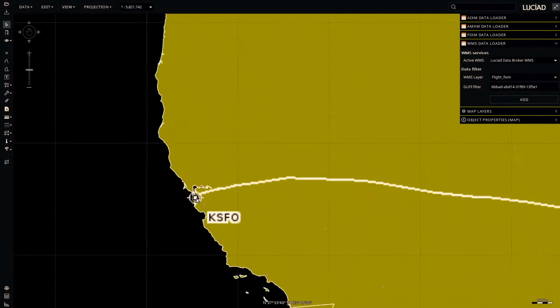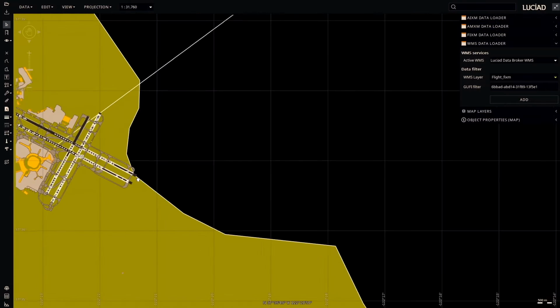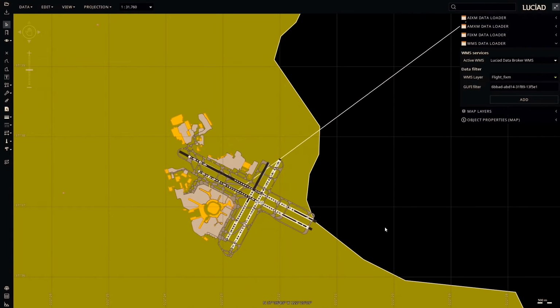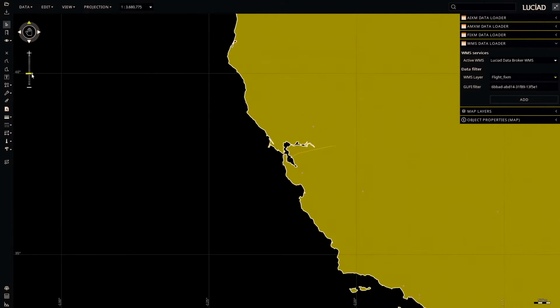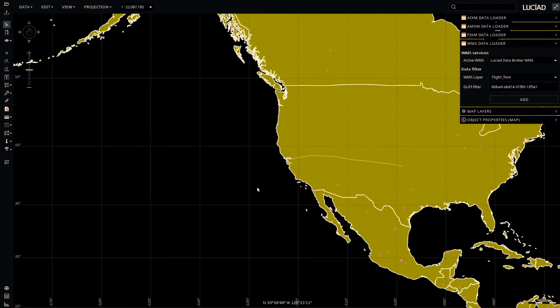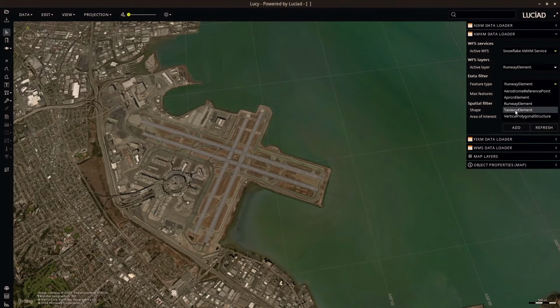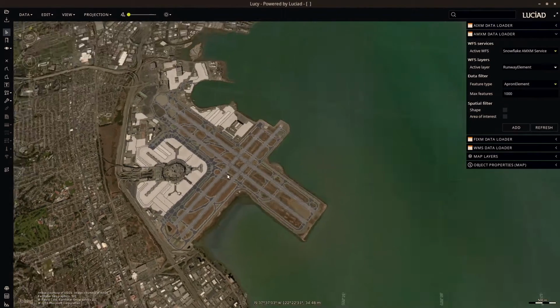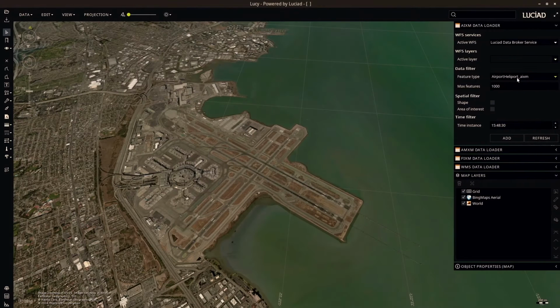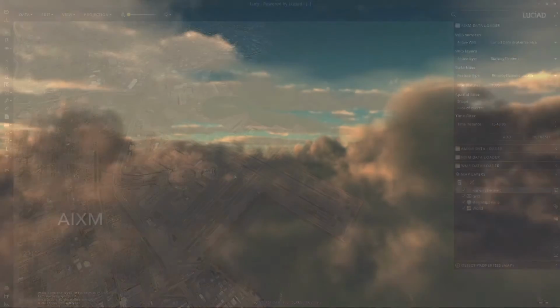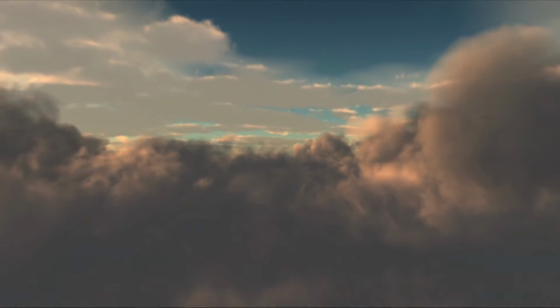The application is connected to a data broker that discovers all of the necessary services from a registry, allowing the pilot to review a pre-flight briefing that includes the flight plan, weather data, and other information. Details of the San Francisco airport are encoded in the Aerodrome Mapping Exchange Model format, and flights like this one from Atlanta are encoded in the Aeronautical Information Exchange Model format. All of this formatting is transparent to the user.